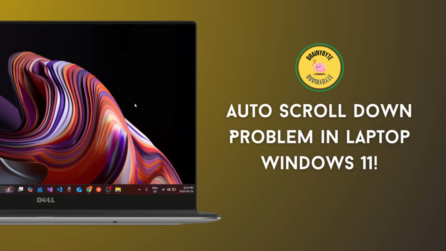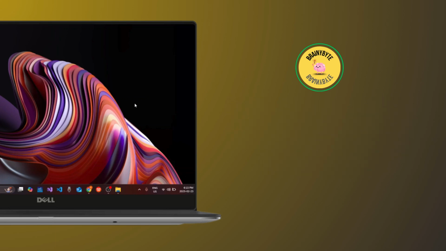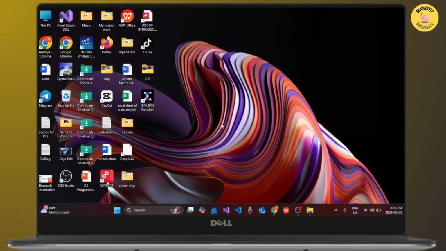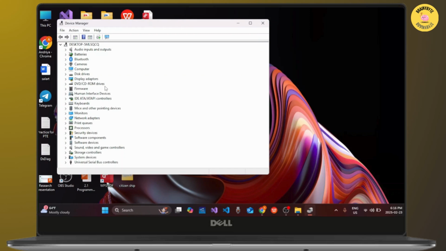Auto scroll down problem in Windows 11. First, you need to update your device driver. Right click on Start icon at bottom left corner, select Device Manager, expand the Mice and Other Pointing Devices option,